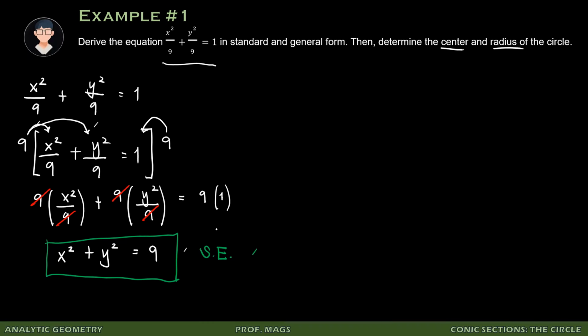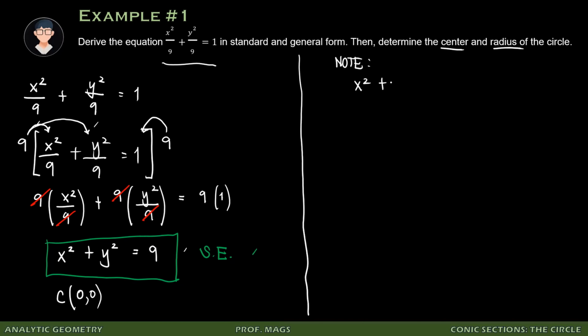Okay. So, you already have the standard equation of the circle. So, pag ganito ang kanyang equation, okay? Pag x squared term lang and y squared term, automatic yung kanyang center is at the origin. But in case number 5, pag yung center natin ay in h and k, meron na siyang value ng h and value ng k. And yung r natin, recall that our standard equation of the circle is